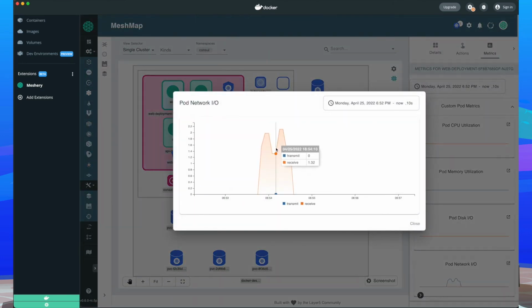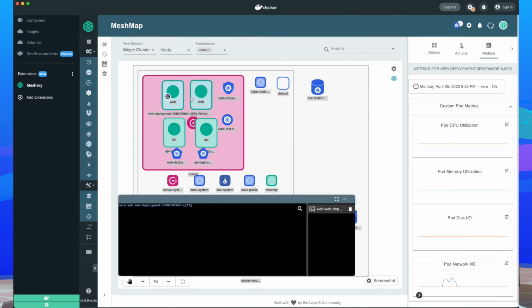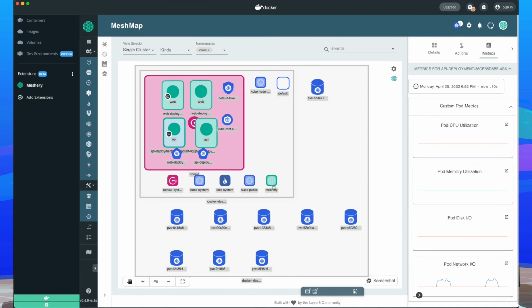We can better understand how the service mesh is controlling our particular app. We could even establish a terminal session or logging session with them to the extent that we might need to go in and debug and understand what's going on in these environments to better run the app.